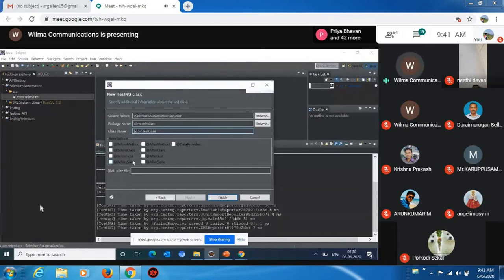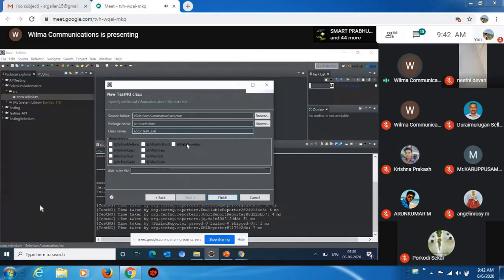Apart from this, we have an annotation called data provider. Data provider is basically used for the parameterized concept.